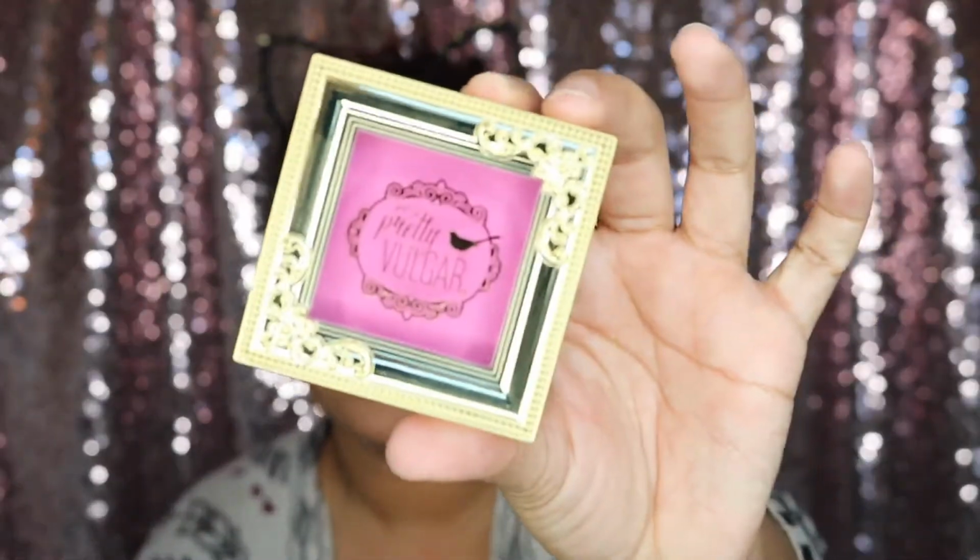And those of you that know me know that I hate blush. I don't like it. To each their own. If you like blush and that's your jam, then by all means, use it. Not my jam. I don't find anything natural about it. And the color of this, you guys, I mean, the packaging on it is beautiful. The packaging is absolutely beautiful. However,